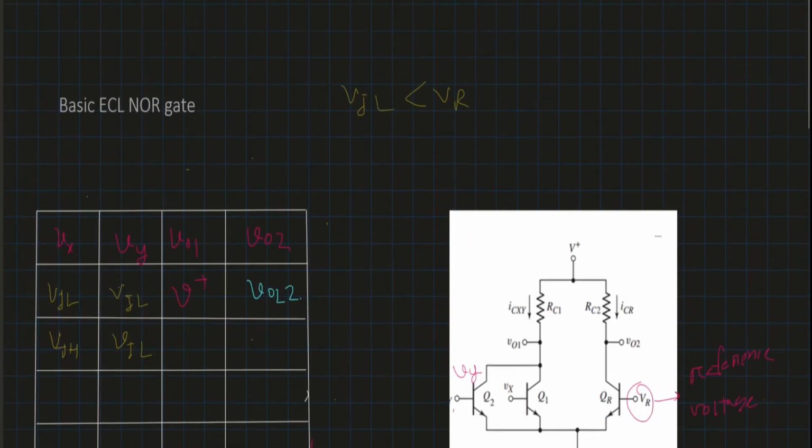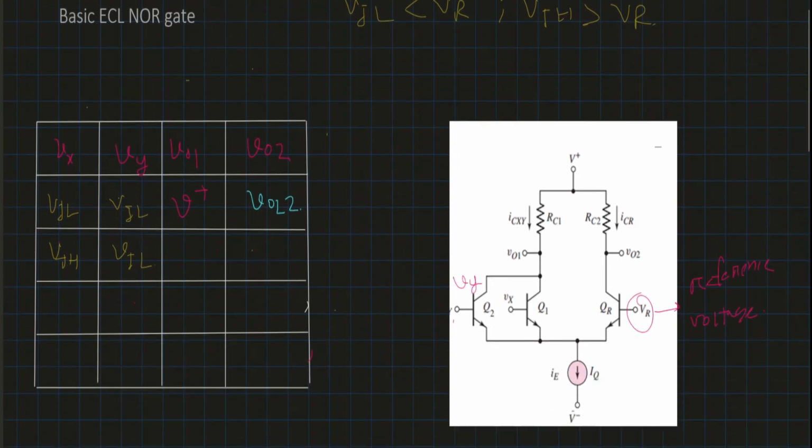So the condition will be that VIH is greater than VR, by at least 0.12 volt. In that case, if VIH is logical high, then our Q1 transistor will be on, and Q2 transistor will be off,